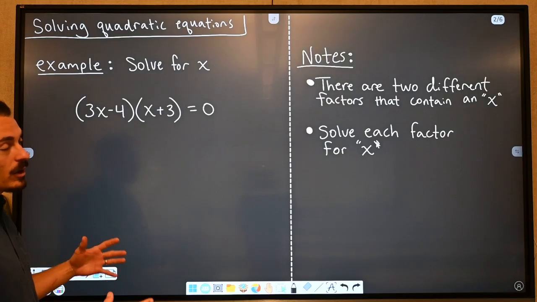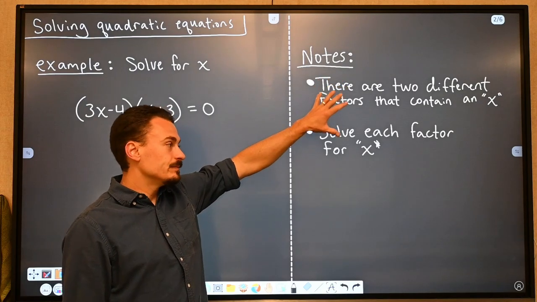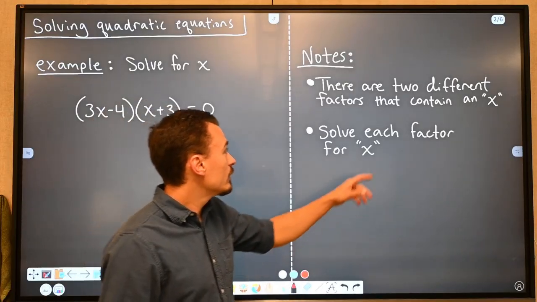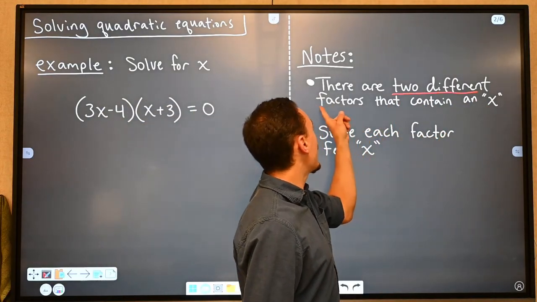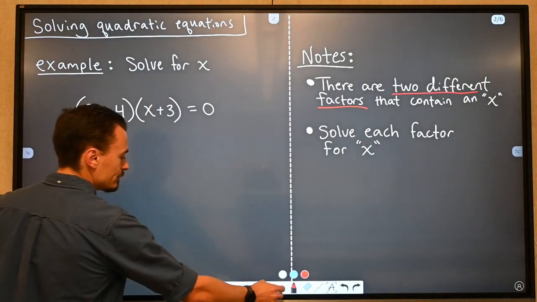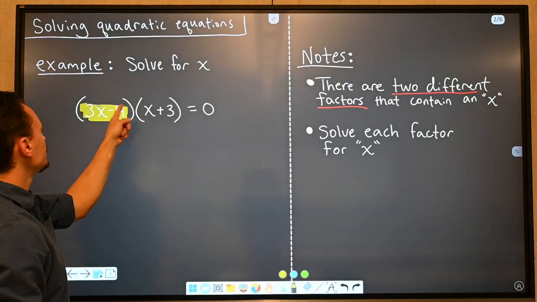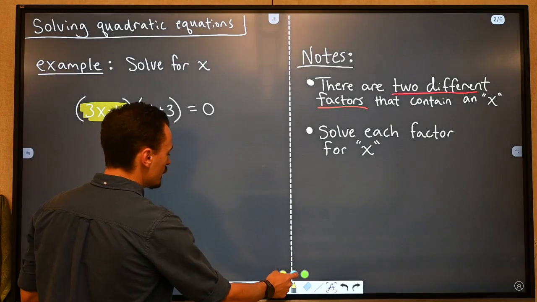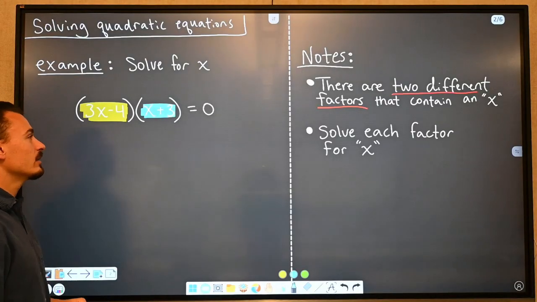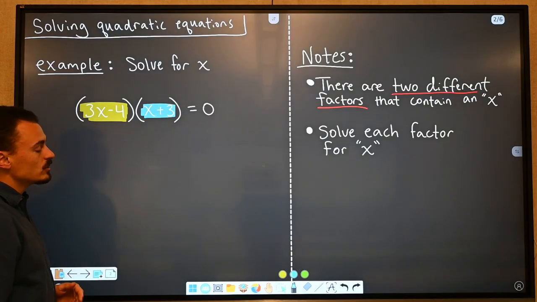Now, a couple notes really quickly. Write these down, pause the video if you need to. Okay? So right here, when I say there are two different factors that contain an x, what I mean by that is this set of parentheses right here has an x, and this set of parentheses has an x. Okay? So both of these factors have an x in them. So what we need to do,